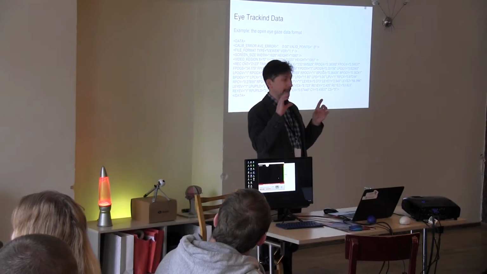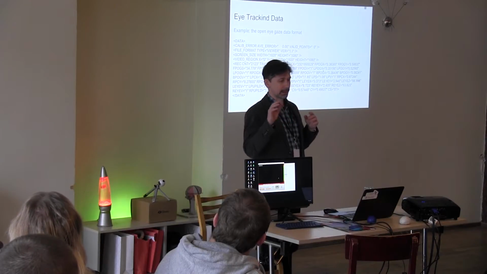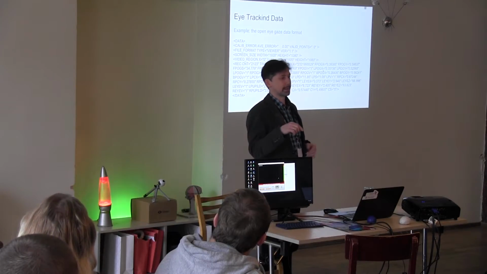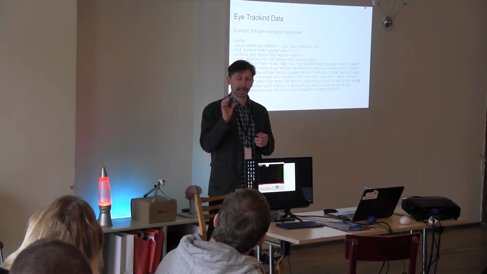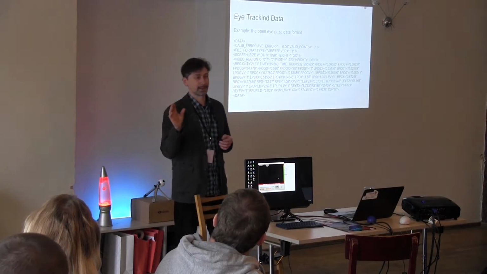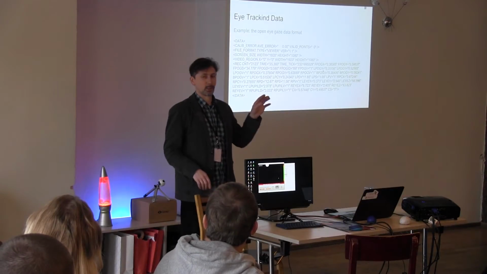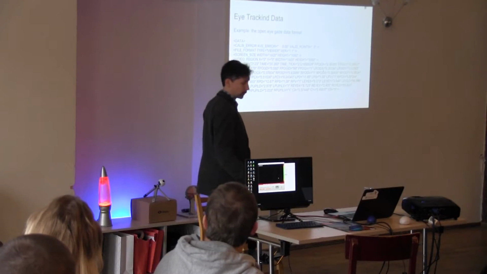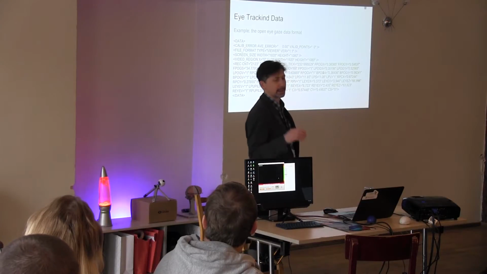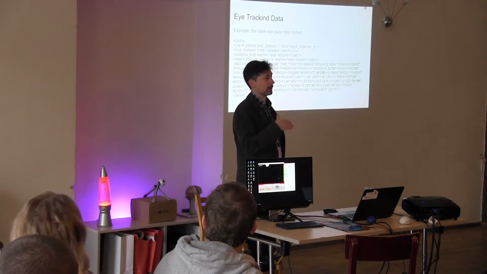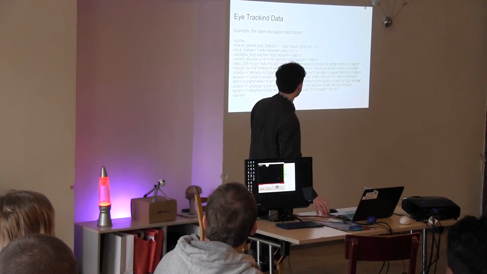Sometimes people blink. Sometimes they blink one eye, sometimes both eyes, and at these moments the data is lost. But if only one eye is valid and the other one is lost, then in this case the eye tracker uses only the valid eye for reporting data. So the best point of gaze is normally the average, but in case of an invalid eye, the use of the other eye is reported.